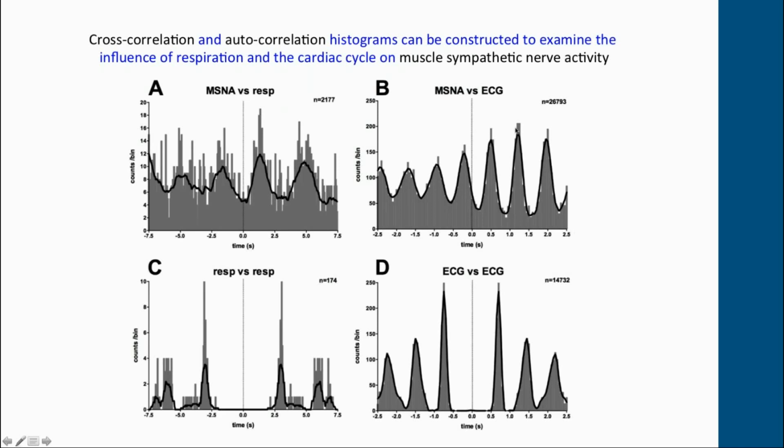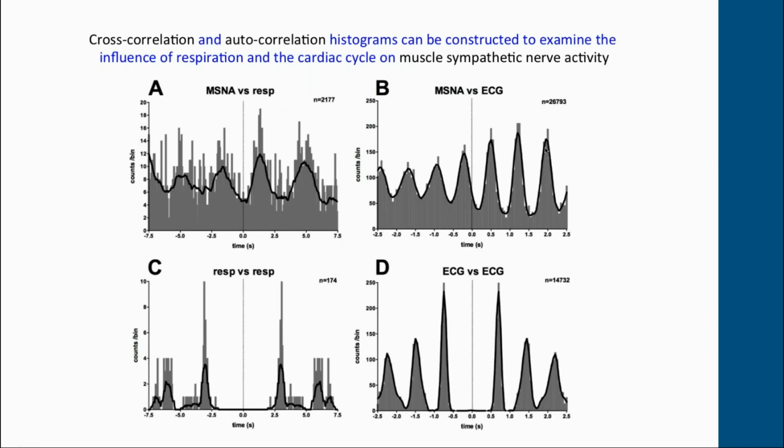We can go in and we can measure the total number of spike counts there. So this is another way of quantifying muscle sympathetic nerve activity, not from the RMS processed or integrated nerve, but from the raw nerve signal itself. Likewise, on here we've got the autocorrelation histogram of the respiration, the inspiratory peaks, time 0 and the next breath afterwards and the one after that and preceding. And again, this shows that this signal has very nice respiratory modulation as well as cardiac modulation, though of course the cardiac modulation is greater.